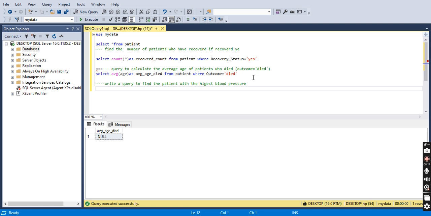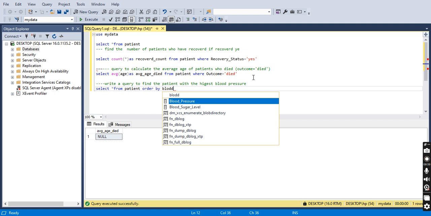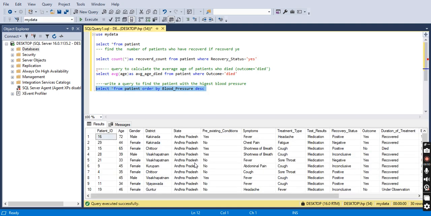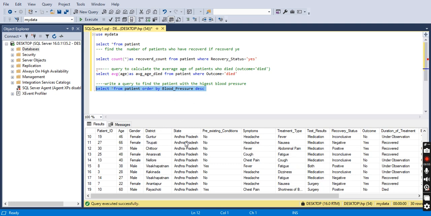Okay, for this I'm writing the query. Select star from patient where patients order the blood pressure. Okay, this is the table I'm taking. Column name, this like listing order. So from order of blood pressure, this